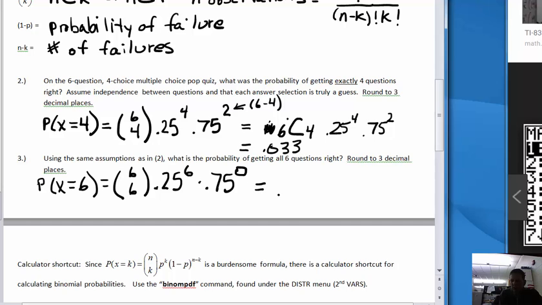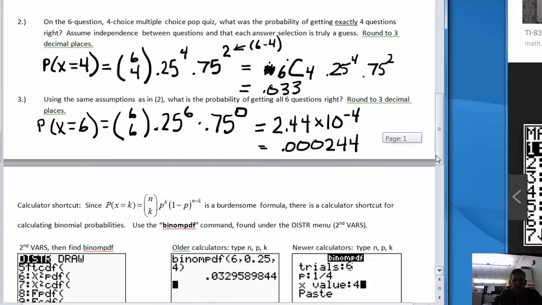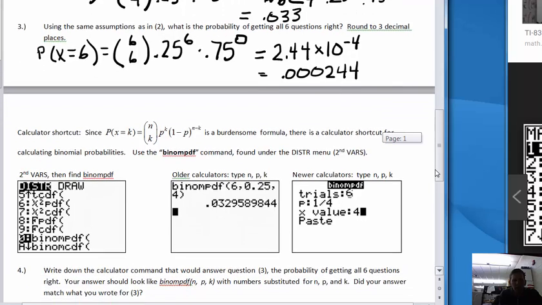If you crunch this out, your calculator is going to say 2.44e negative 4. Remember, we don't write it like that. We write it like this. If you want to add decimals, you can write it as 0.000244. Now, there is a calculator shortcut because this takes a little while to write out, and we'll talk about this